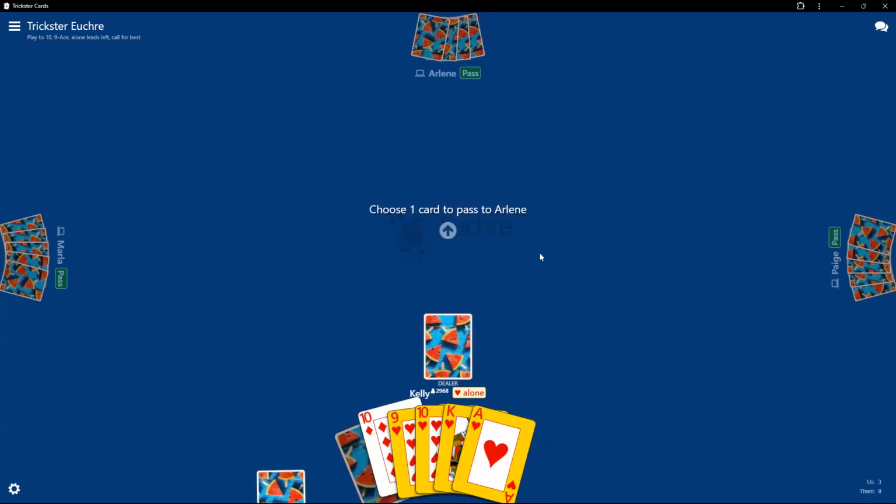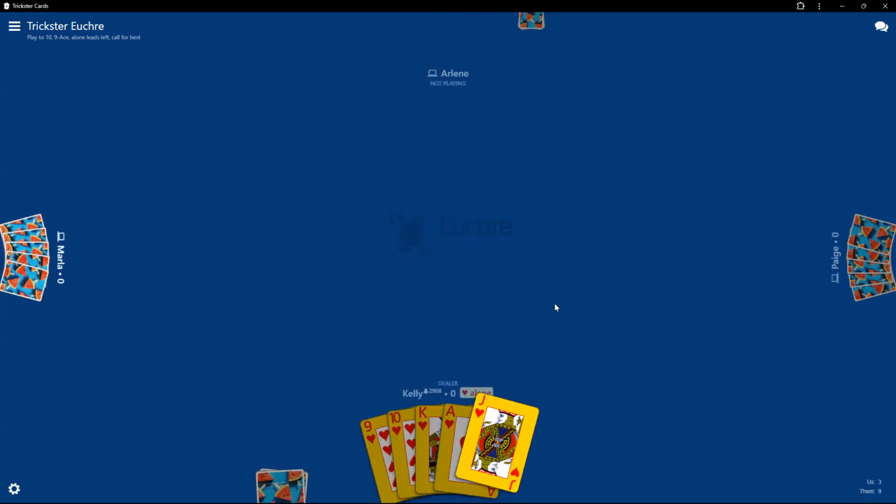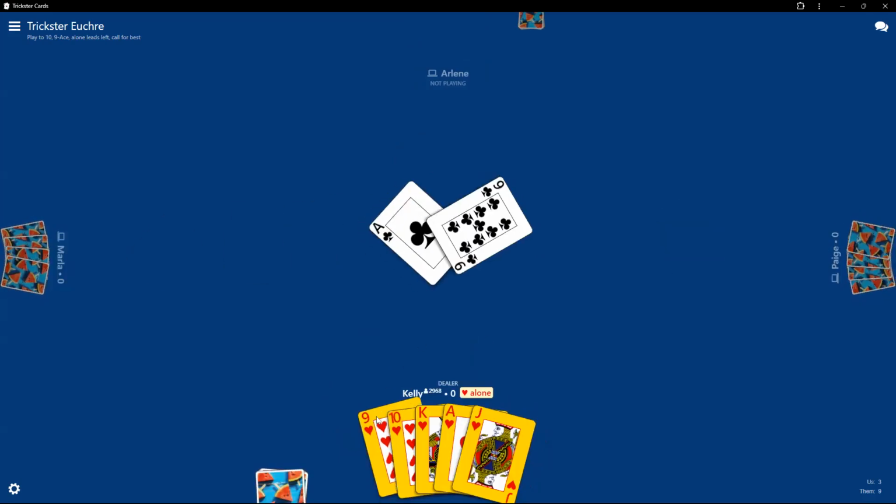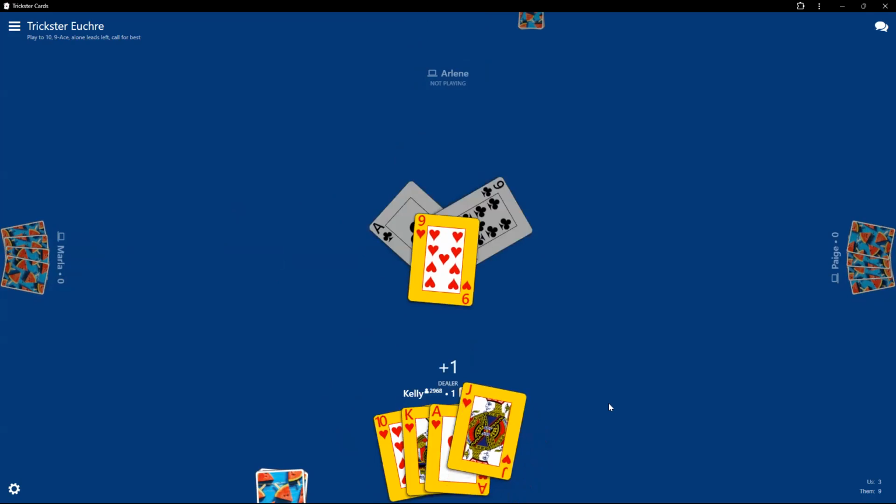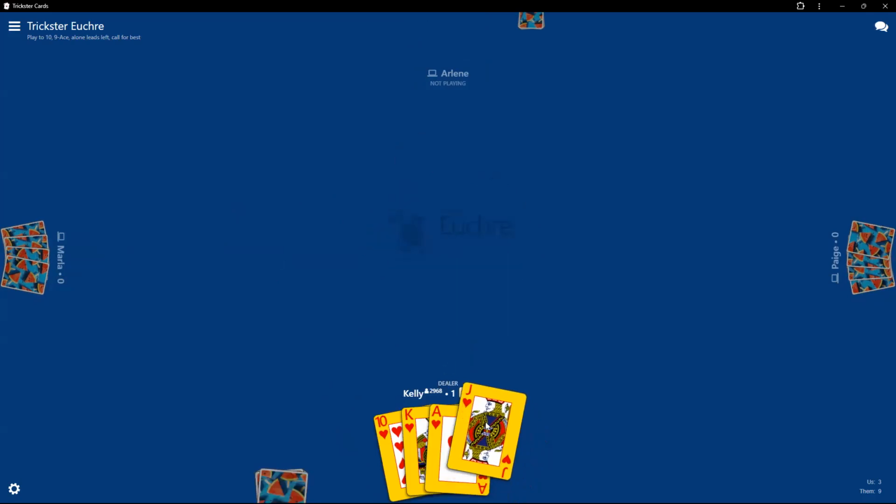Now, one thing I'm not keen on with the computer game of this is my partner just transferred their card to me. They gave me their best, but I can't look at it, right? I have to discard first. And I gotta click it again. I kind of like to look at what my partner gave me. So I need to focus here.